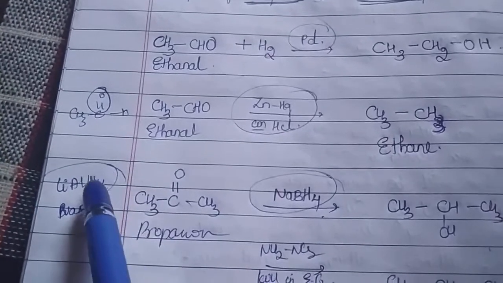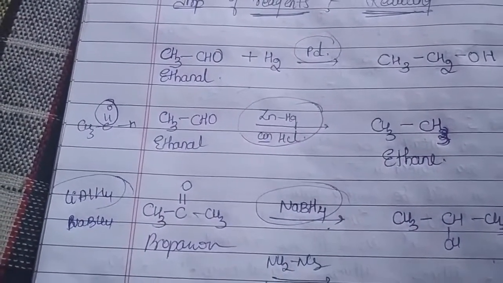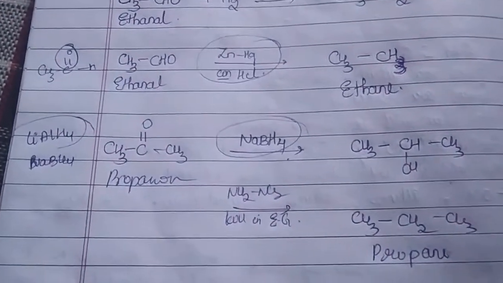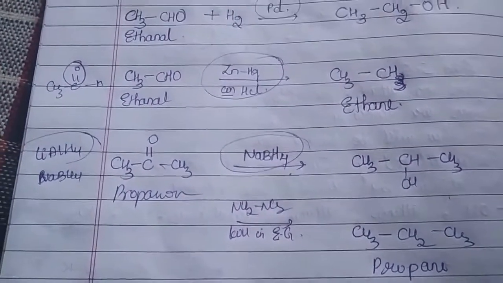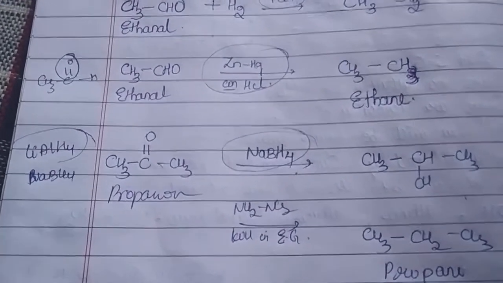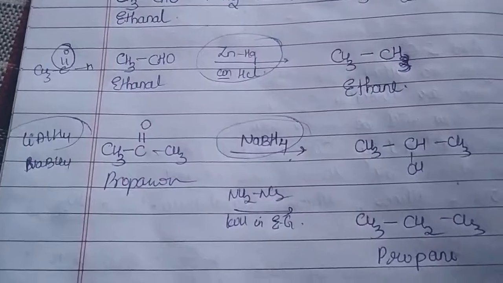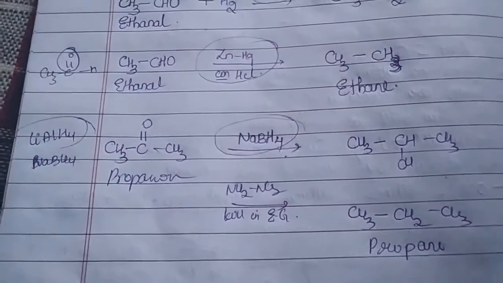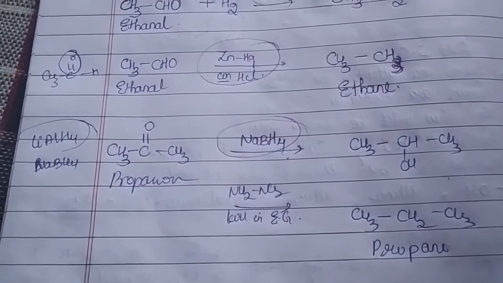For example, if you take lithium aluminum hydride, it can easily reduce even your carboxylic acid, but that is not the case with your sodium borohydride. So sodium borohydride cannot reduce carboxylic acid, lithium aluminum hydride can reduce it. So they will be giving you additional questions like that. Of course, that cannot be found in your textbooks. You have to read it once and you should get to know.